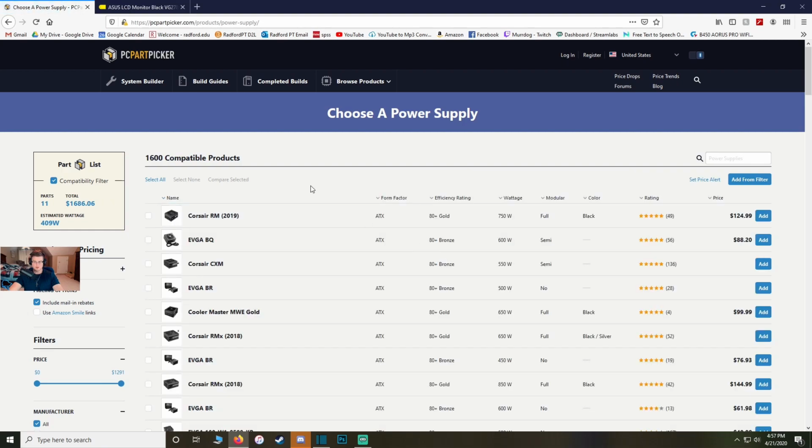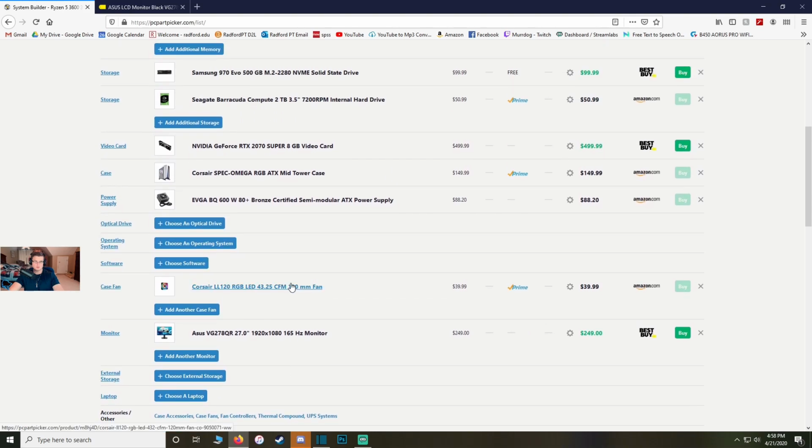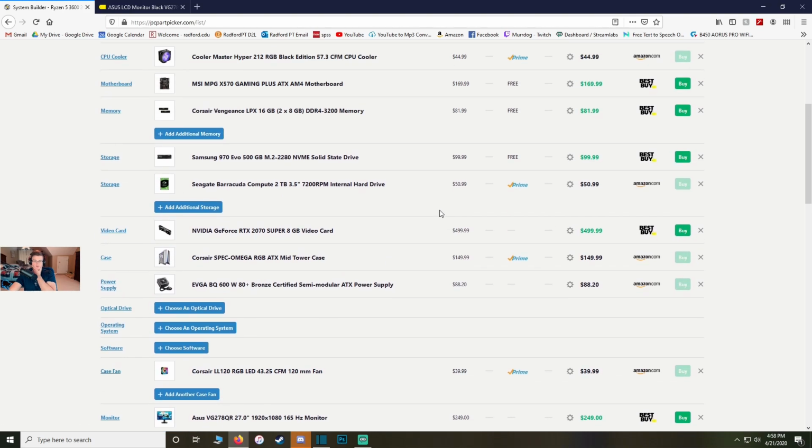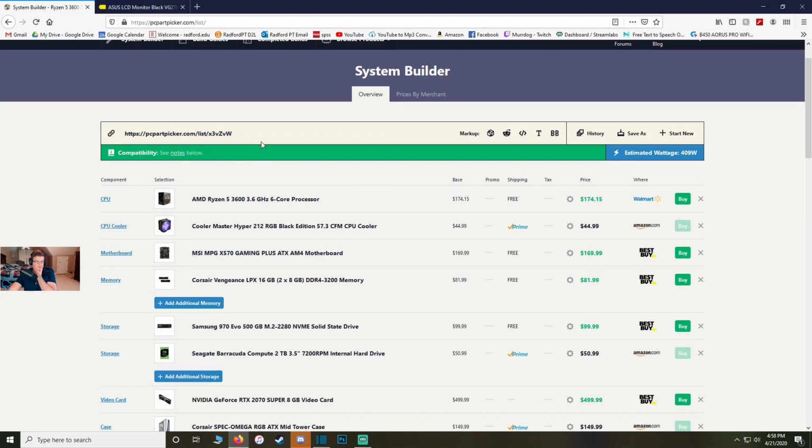All right, we can go for a little bit lower power supply. This one looks like a Cooler Master for 99 bucks. 650 watts. Let's do that one. Actually, we'll try this EVGA one. Oh, the BQ? Yeah, the BQ 600 watt. We're still good on compatibility. That puts you at